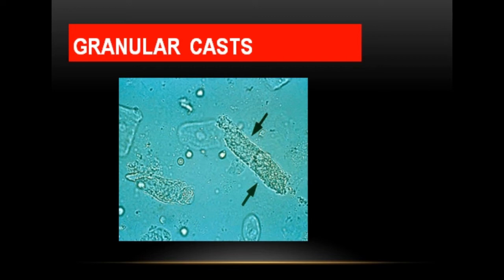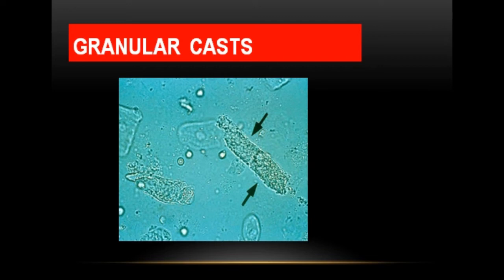Granular cast forms basically when cellular casts remain in the nephron for some time, then they may flush into the bladder urine, and the cells may degenerate to become a coarsely granular cast, later a finely granular cast, and ultimately a waxy cast. You can say that I'm repeating that cellular casts degenerate and convert into granular cast. When granular cast is further converted into fine granular cast, ultimately it is converted into a waxy cast.